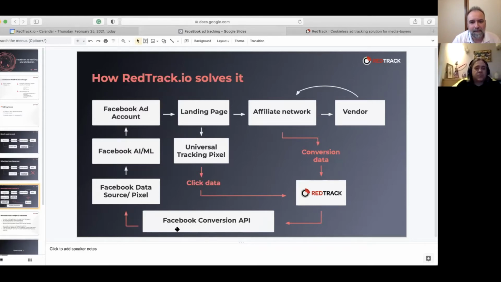Yes. So what do we need to do in order to use it? Okay, you need to have naturally a RedTrack account, and you need to have a Facebook account, and you need to connect the RedTrack account and Facebook account via API.